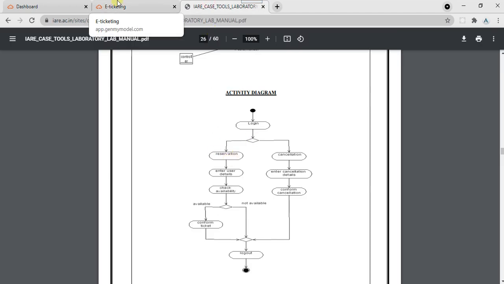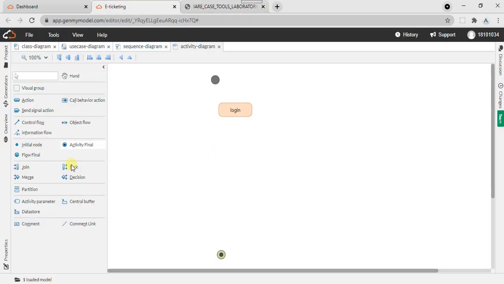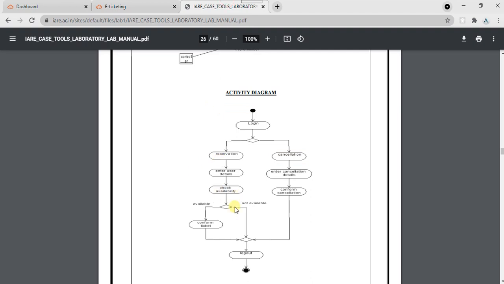Then reservation and cancellation. Decision, we have to make it decision. After that reservation and cancellation. Then likewise decision and action also.